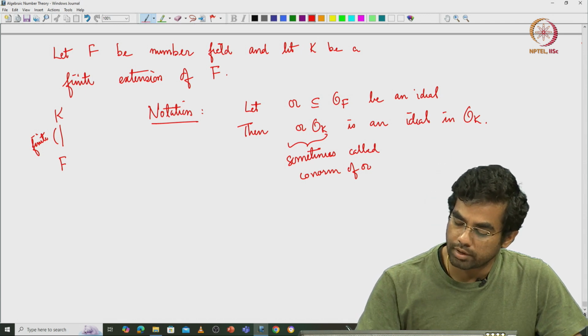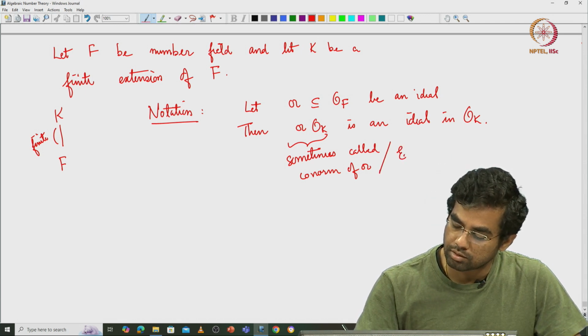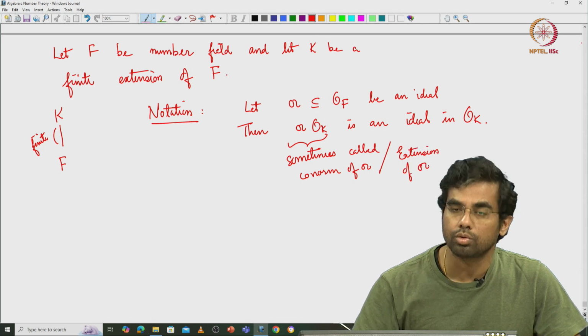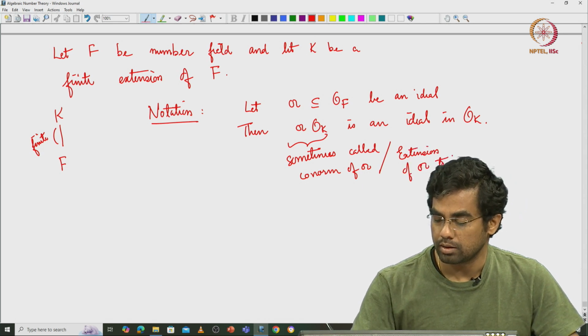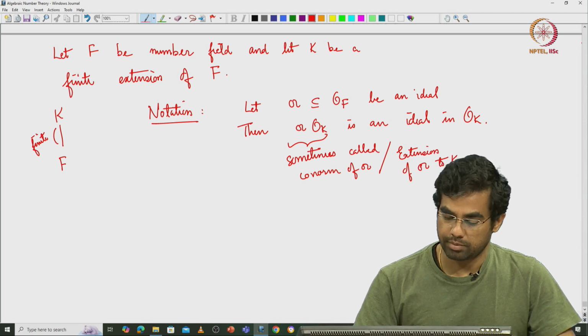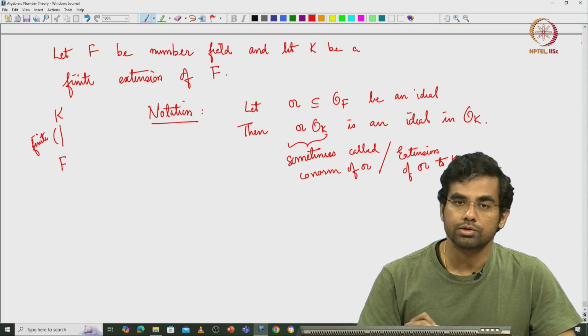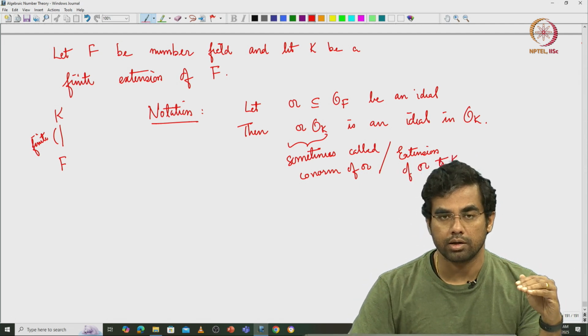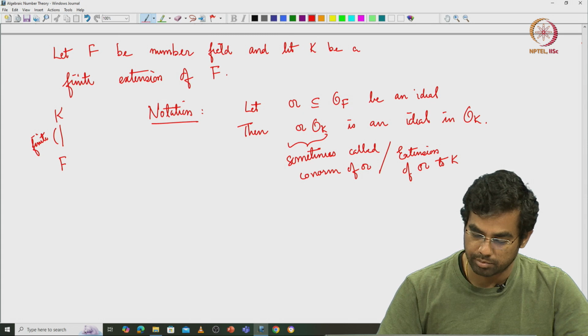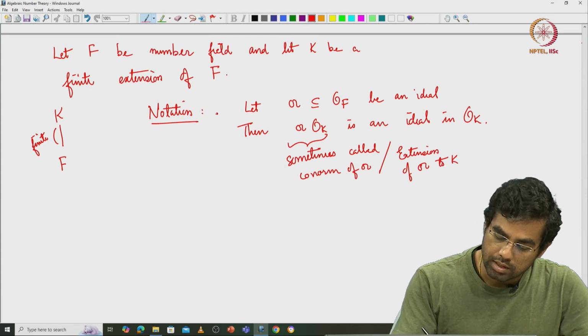You can also call it the extension of A to K. Okay. All right. But in any case, I will just denote it as A times OK. So, this is how you start with an ideal in a smaller number field and then get an ideal in a larger number field. So, on the other hand,